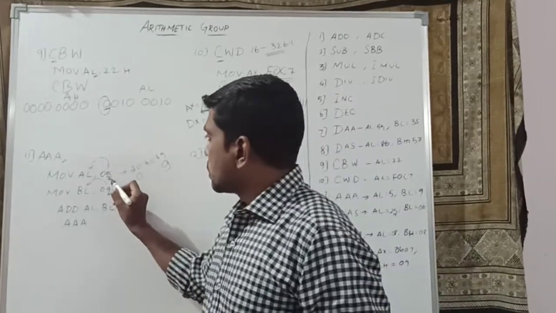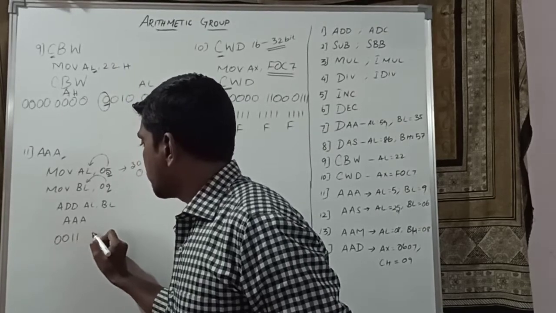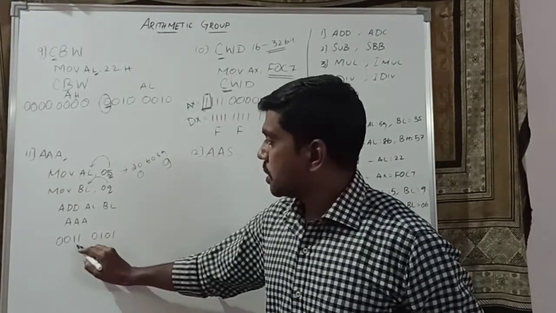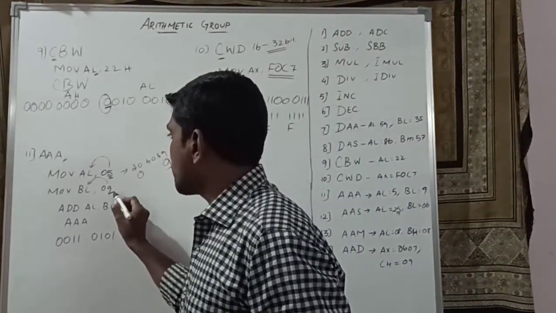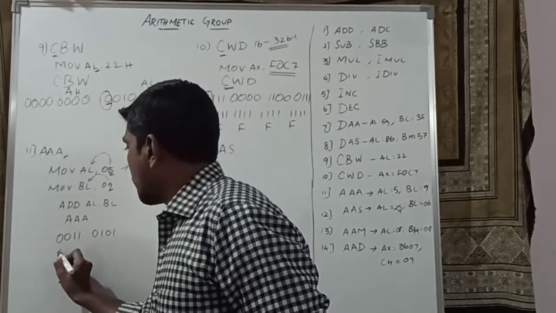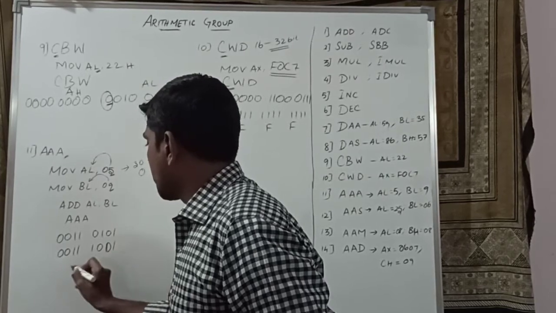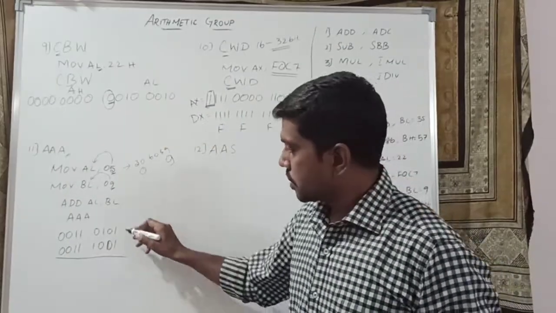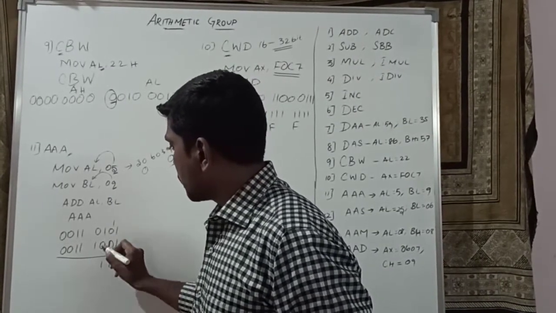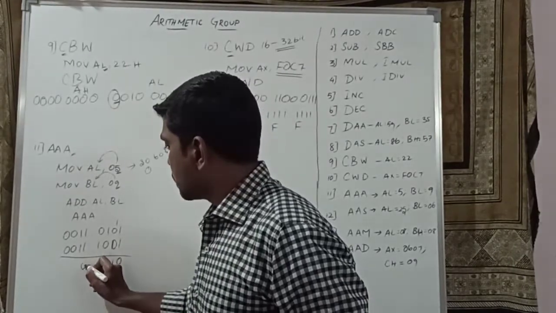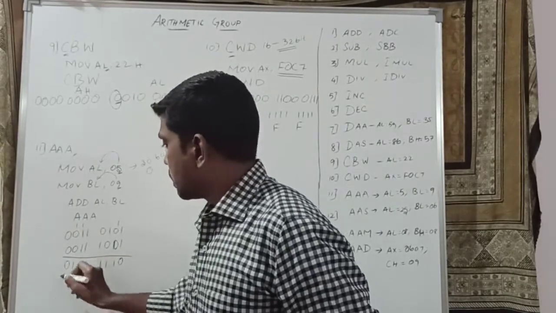First you write the ASCII number for 05: 0011 0101, which is 35. So 35 is equivalent to 5. The next number, the BL register, holds 9, equivalent ASCII number 39. Just adding the two contents: 1 plus 1 sum 0 carry 1, 1 plus 1 sum 0 carry 1, and so on, giving 1 1 1 0.